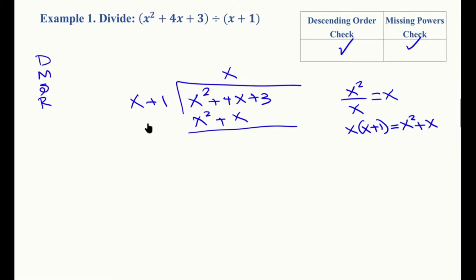All right, so now we're going to subtract. And of course, x squared minus x squared should cancel out by design. This should always happen. If this doesn't happen, the quotient term wasn't found correctly. So we go ahead and cancel those. And 4x minus, of course, it's 0x squared, which is just 0, which we don't need to write down, because 0 plus or minus anything else is just going to be whatever the other thing is. So 4x minus x will give us